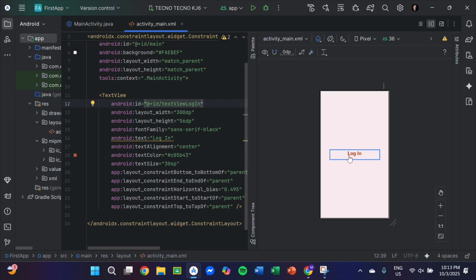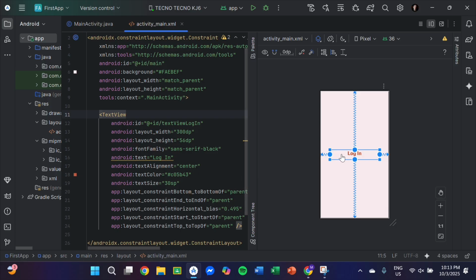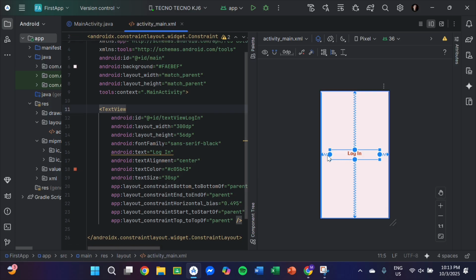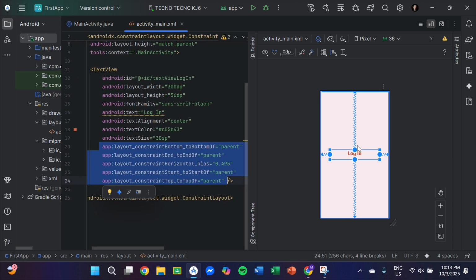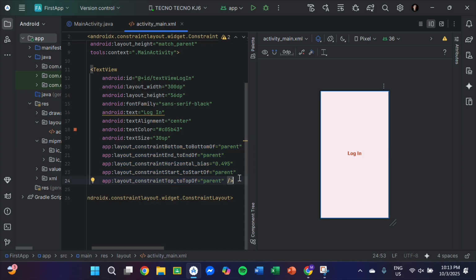And then we have here the text view. So these are the constraint layout points or attributes. Why is it important that this needs to be attached to the sides? In code, this one is equivalent to this one. Its purpose is to let you place components in the desired position and size views based on the constraint instead of other layouts.